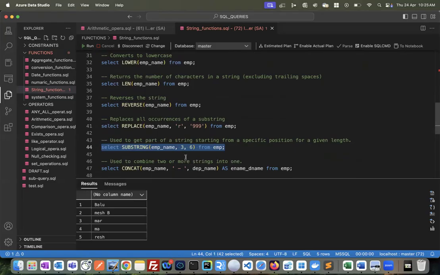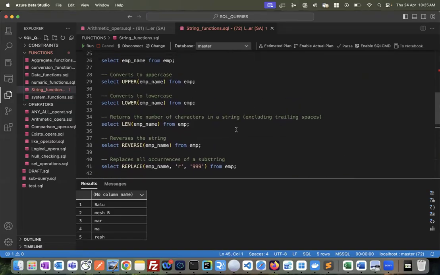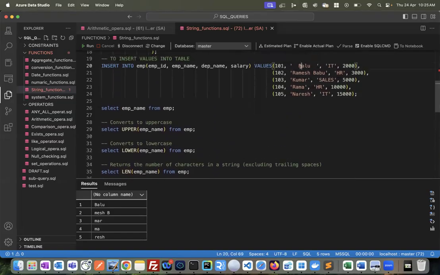Character 3 to character 6. 6 means 3, 4, 5, 6. 4 characters will come. Now Balu came, right? Why did Balu come in? First, the third character starts from the B. The first 2 are spaces. Then the third character is B, the 4th is A, the 5th is L, the 6th is U. Next we will see the